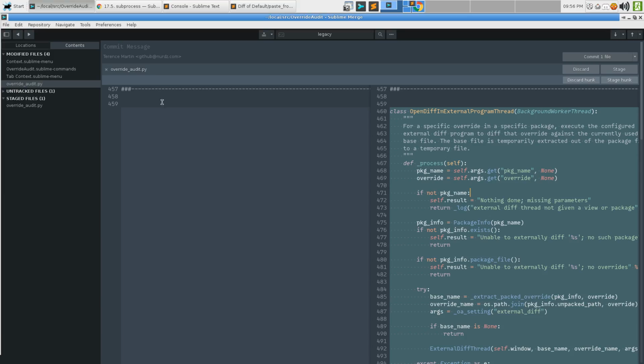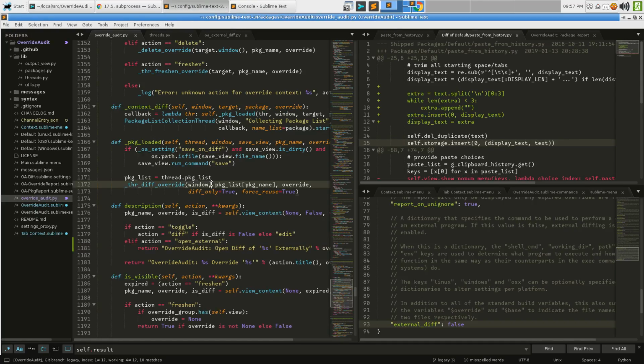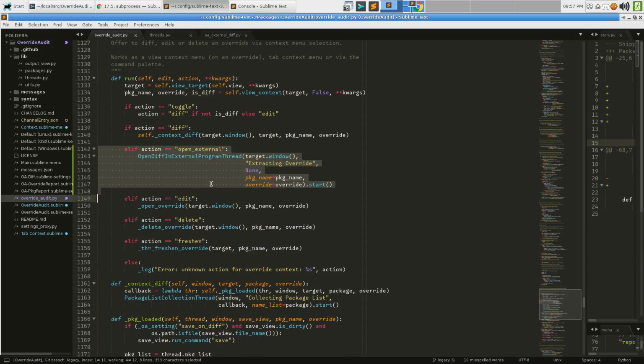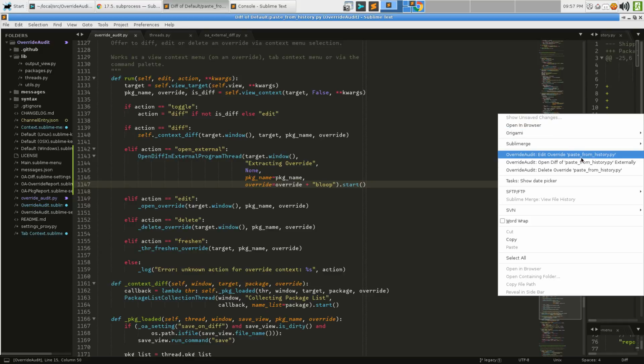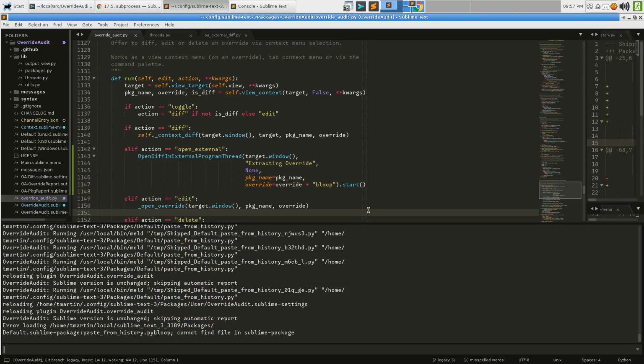Yeah, we can close that. That one's cool. That's the console. That's the diff. That's the wrong way. We're going to pass it a package name. And we're going to pass it an override plus bloop, like so. Okay. And then if I came over here and said open diff of paste from history.py externally, we see something here